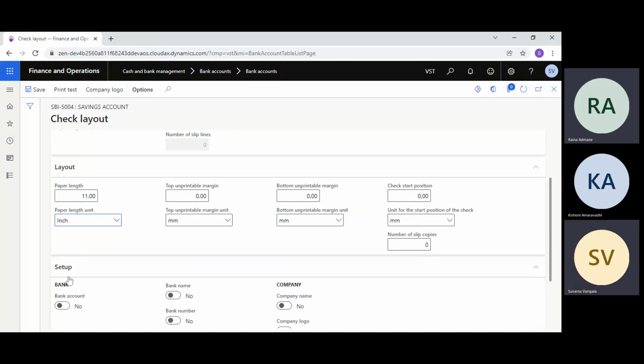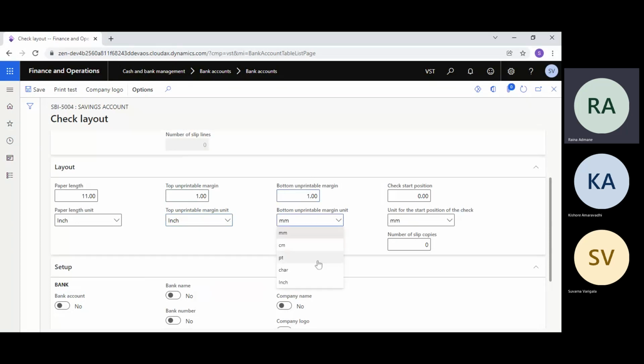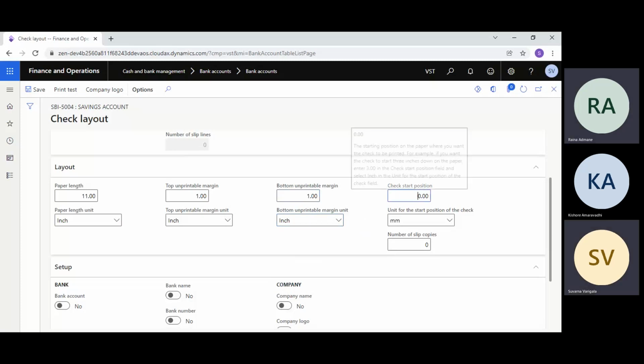And then top margin, 1 inch is the top margin, and you have to make everything like that. Bottom also, the unprintable area you can say 1 inch. And then the unit for the start position, you also make it in inch